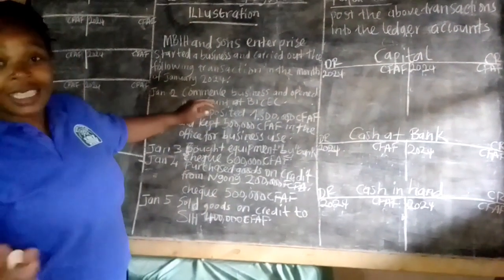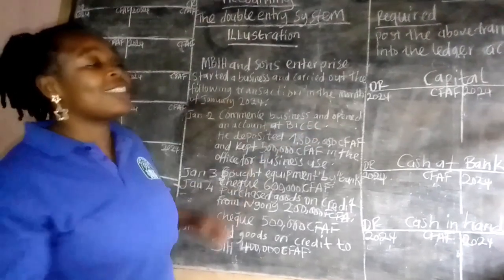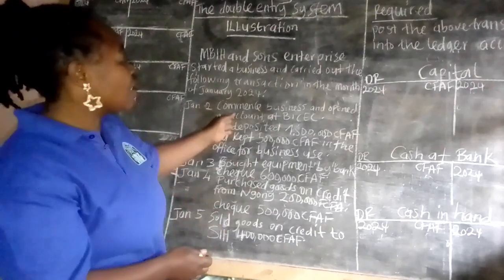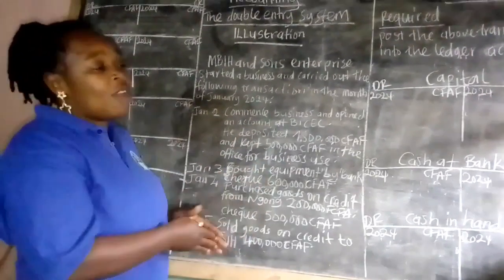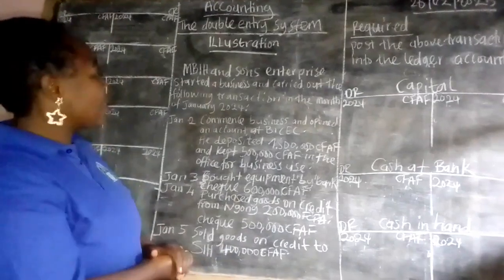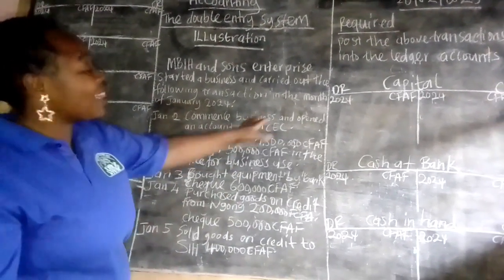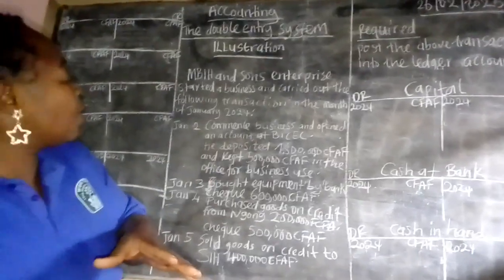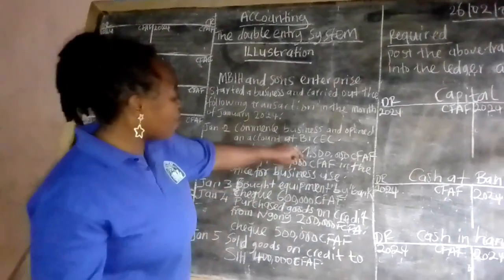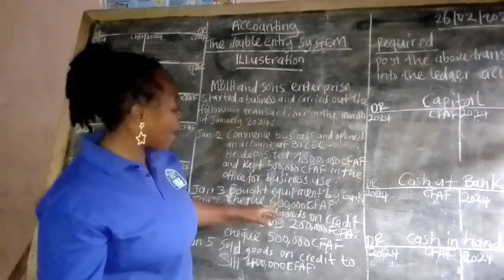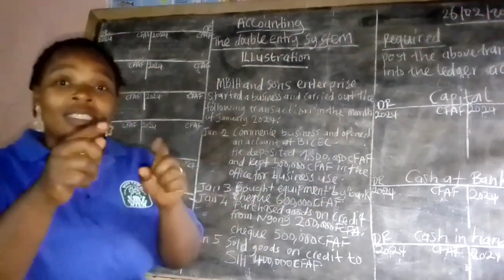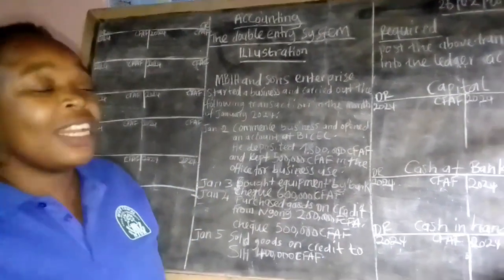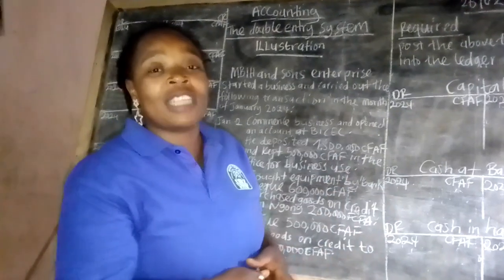Because this enterprise just started the business, they have set up a business. Of course, it's a sole trader that has set up business and has started an enterprise with it. So the proprietor kept 1,500,000 and 500,000. So with this amount, he decided to keep 1,500,000 francs at the bank